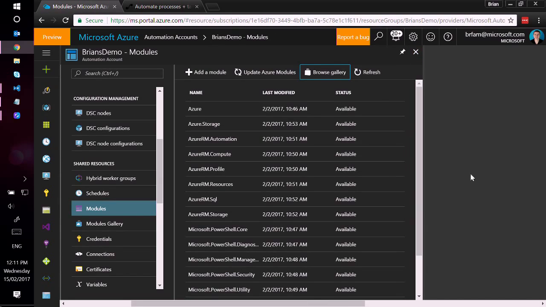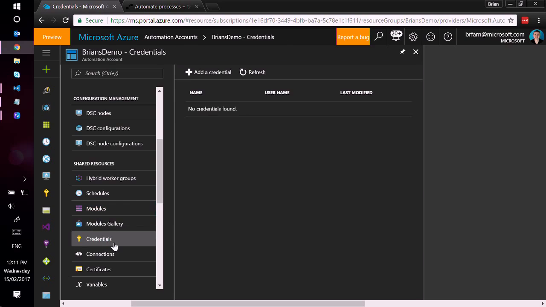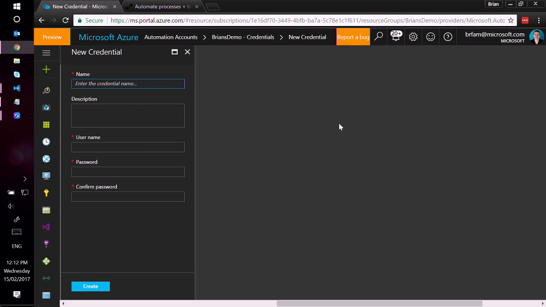Now, the next thing I need to set up is a credential. As Mark wrote that script, he was referring to an automation credential so that we can authenticate against Office 365. We need a mechanism to securely store those credentials, and automation provides that for us. So I'll come into credentials and add a new credential. I'm going to give it a name, in this case, mod272526. The username is going to be admin at mod272526.onmicrosoft.com, and my super secret password,